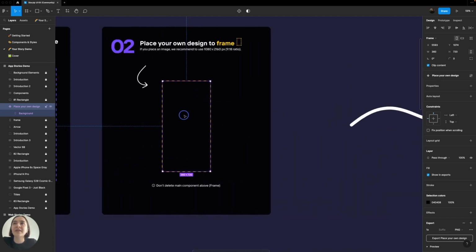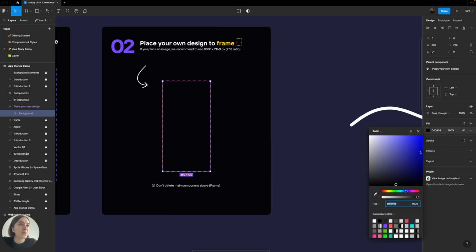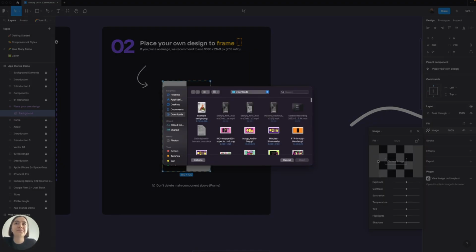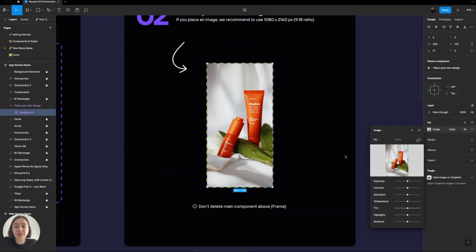I double click here and you will see on the left sidebar the background selected. I'm going to set that filter color wherever I want, or I can add an image to my folder. Select my design, click open, there we go. If you want to change how the image maps inside of this frame, you can change that setting in this property menu, and you can adjust the cropping